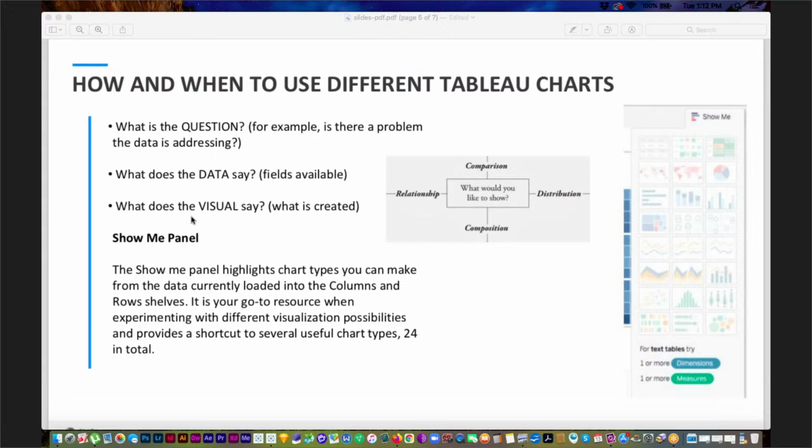So the third question is really, what does your actual visualization say? Does it actually reveal some insight in Tableau? Or if it doesn't, then you want to think of using other types of graphs. And to do all this, you will have in Tableau what we call the Show Me panel. So once you have connected to your data, then you have manipulated a little bit your data to structure it. You will then be able to explore possibilities of graphs using the Show Me panel, and then you will refine